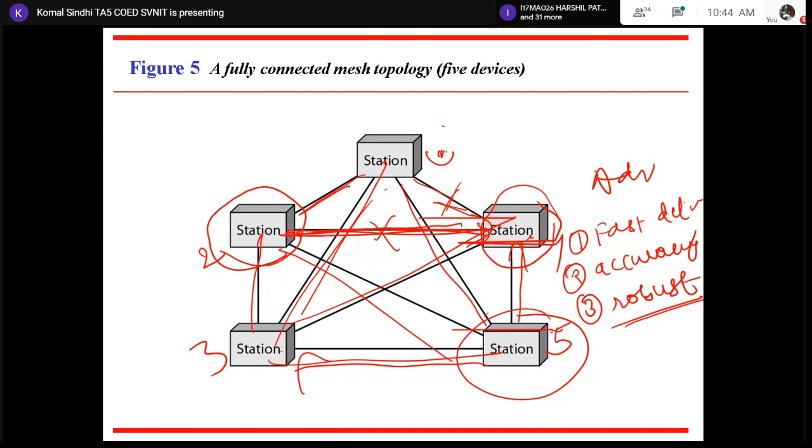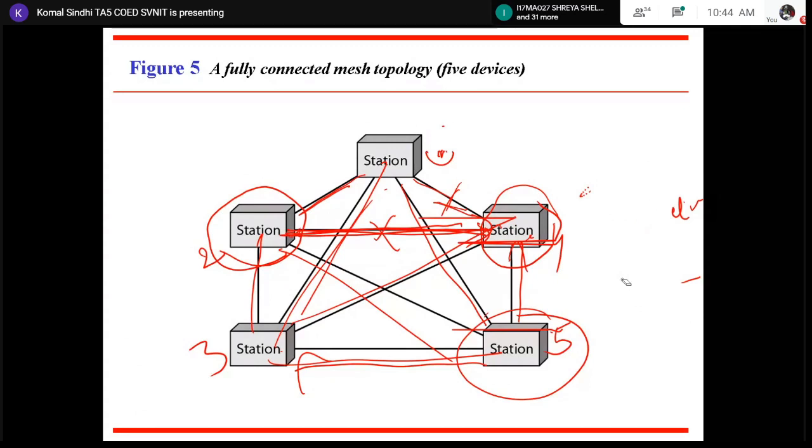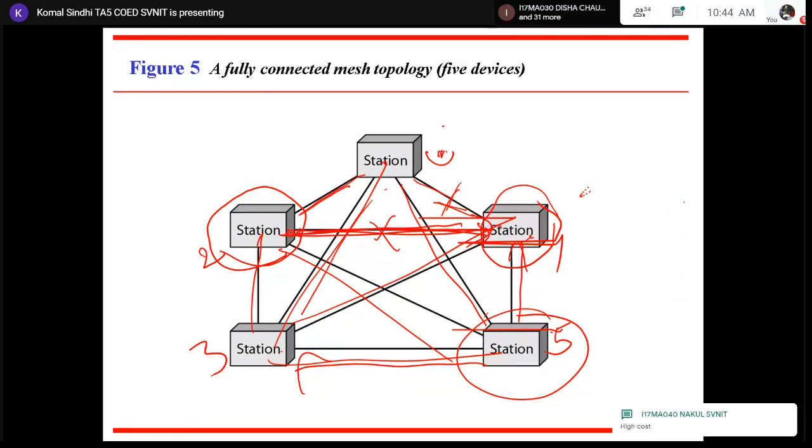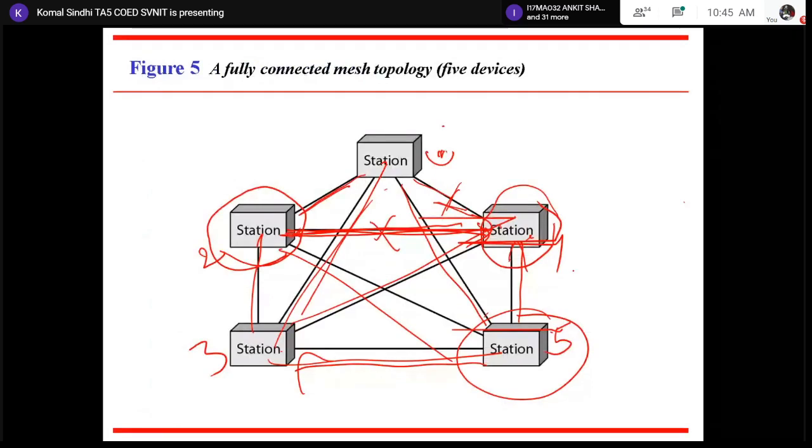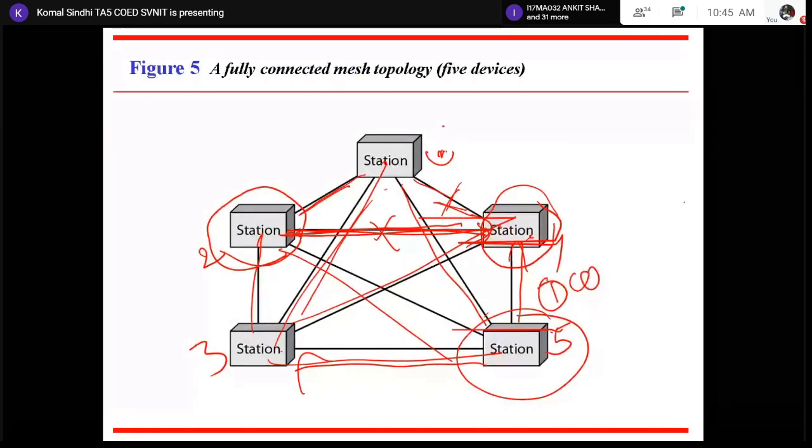Right? What might be the disadvantages of using mesh topology? Drawbacks of using mesh topology. Yes, this is the most common drawback of mesh topology, that is cost.